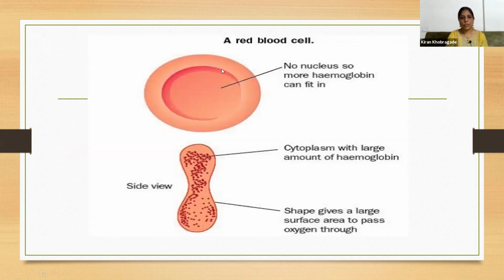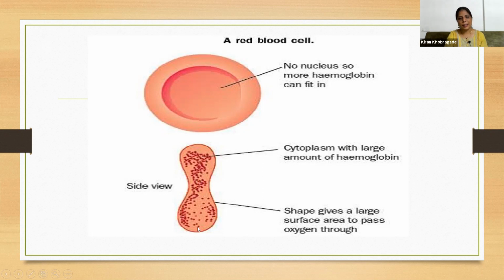See, this is the circular shape of RBC cells. This is the upper view. Whereas when we see the side view, it is just like a dumbbell, if you have seen a dumbbell. The ends of the dumbbell are circular, whereas the middle part of the dumbbell is narrow. See, in the center it is narrow, whereas at the ends it is circular.